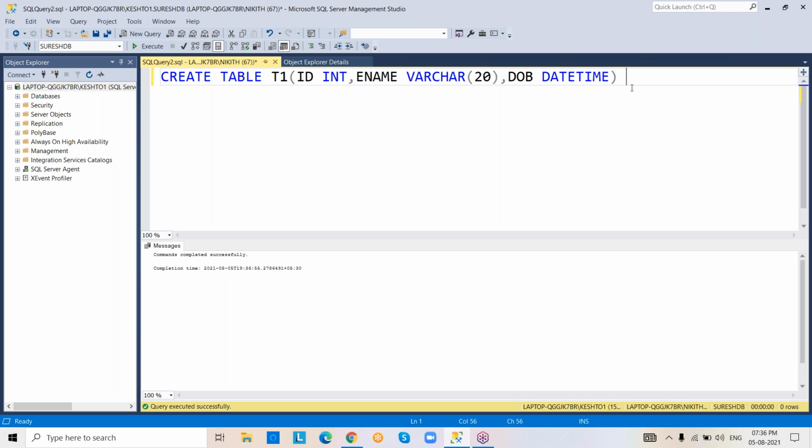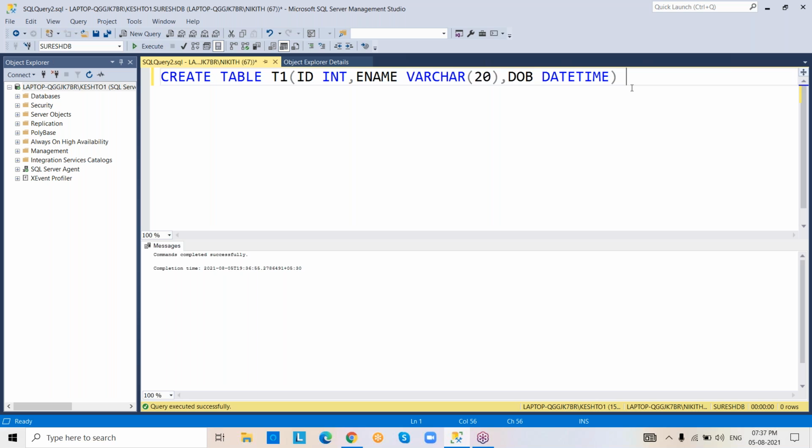What happened now? Table created successfully. See, how many columns are there in this table? 3 columns. You know, we can create a table with a maximum of 1024 columns. That is the limitation. See here, in the ID column you can store integer data, in the ename column you can store character data, in the date of birth column you can store only datetime data.